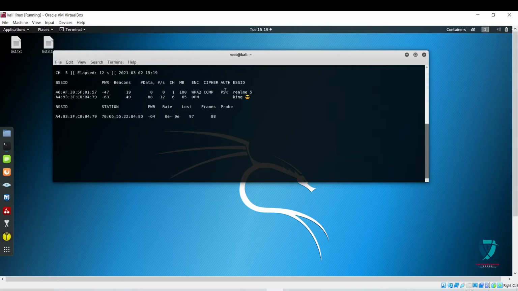So right now I'm going to crack this Realme mobile, and just note down the BSSID and the channel number. I'm going to copy this BSSID, and the channel is 1. Remember the channel number. For the further process, we need this BSSID and the channel number. That's it. In the next step, I'm going to check how many devices are connected